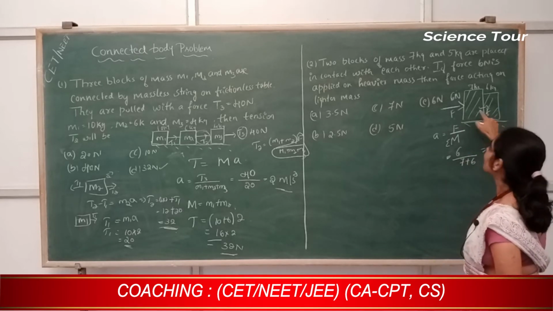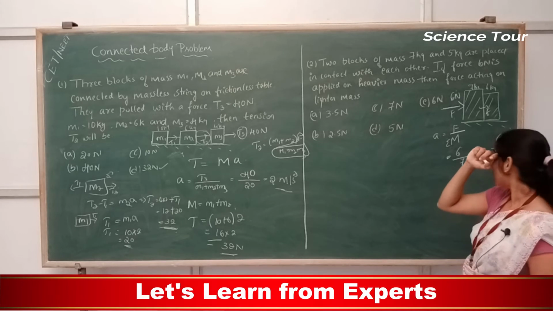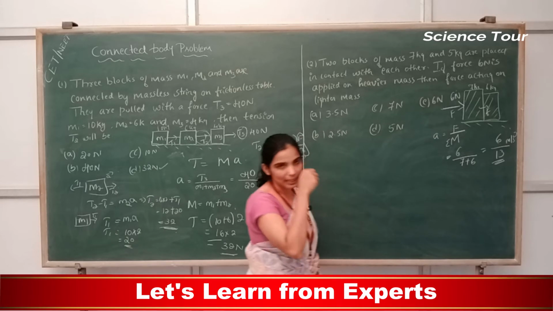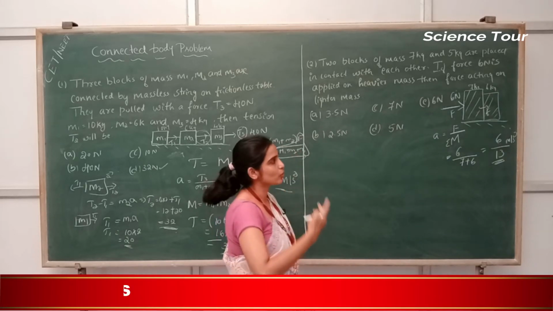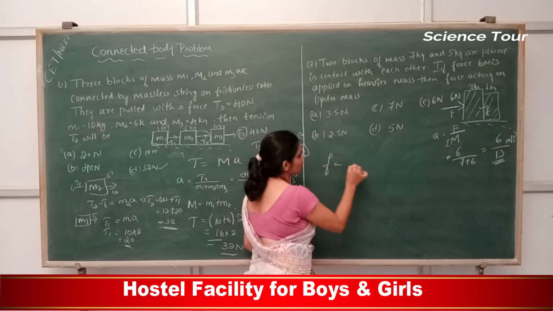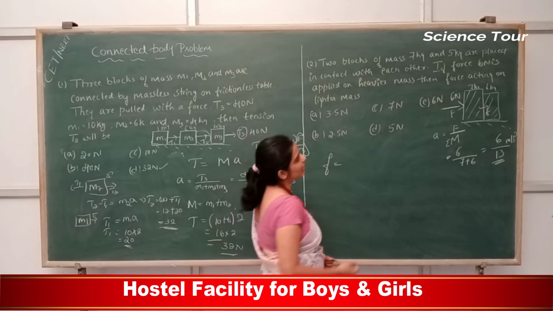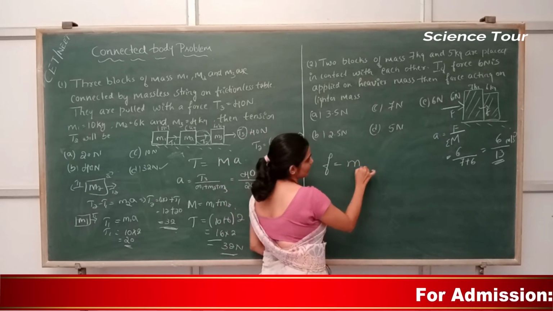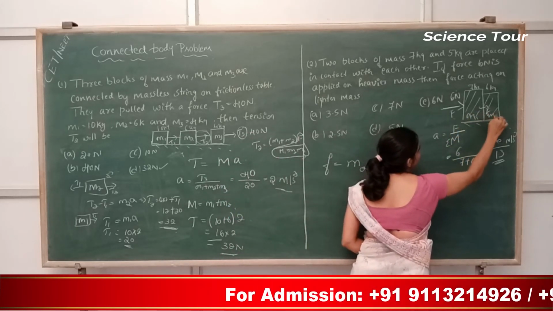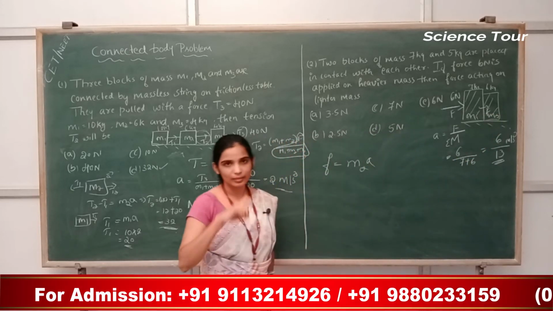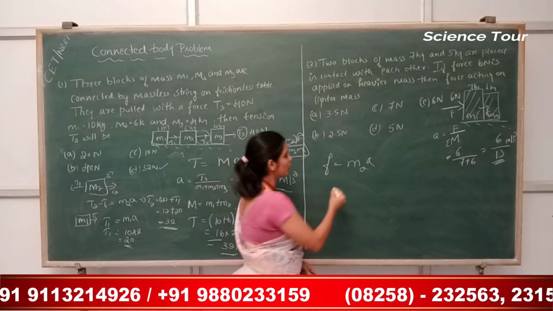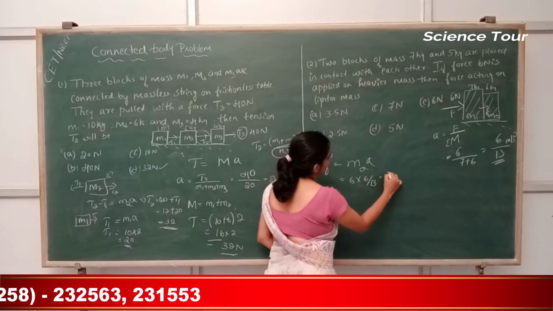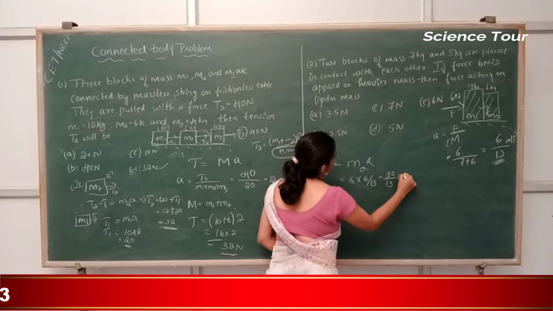So what is the F? Small f is equal to, you know how to write the direct formula now. You don't have to do a free body diagram. You can go for it, but it is a lengthy process. So what is small f equal to? See, small f carries only this mass, correct? If I call this m1 and this m2, small f is m2 into a, correct? This should be the formula. m2 is equal to 6, and a is 6 divided by 13. So 36 divided by 13 Newton.